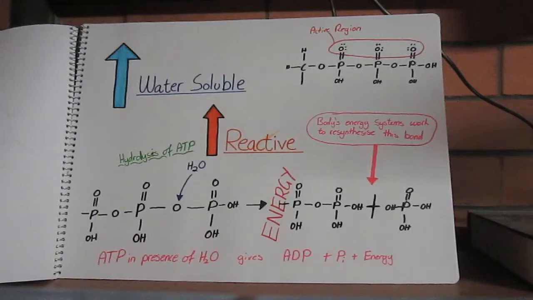In the presence of water, ATP undergoes hydrolysis, breaking the farthest phosphate group from the molecule, leaving ADP, adenosine diphosphate, and 1 extra phosphate molecule. When this bond is broken, a significant amount of energy is released, which is used to undertake whatever physiological process is needed. After this bond is broken and energy is released, the body uses dietary fuels to resynthesize the molecule